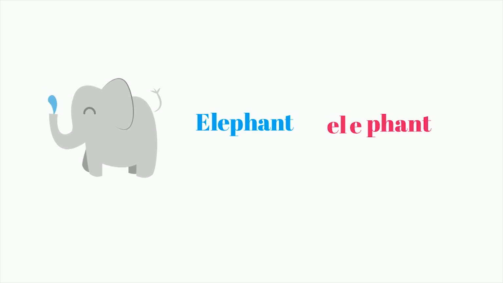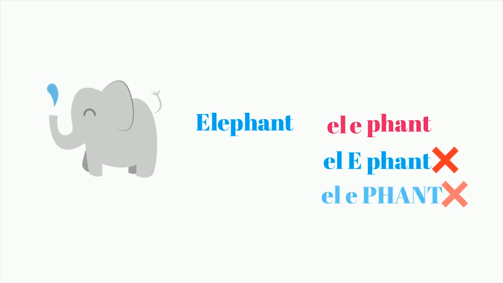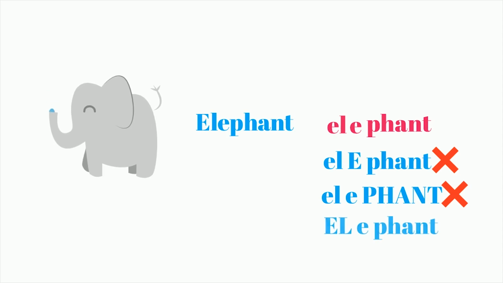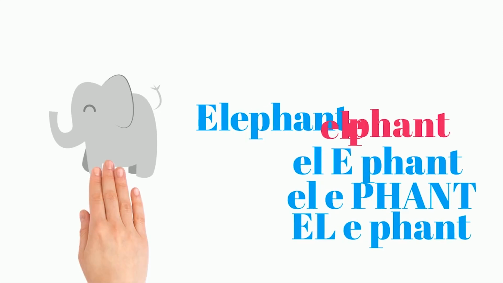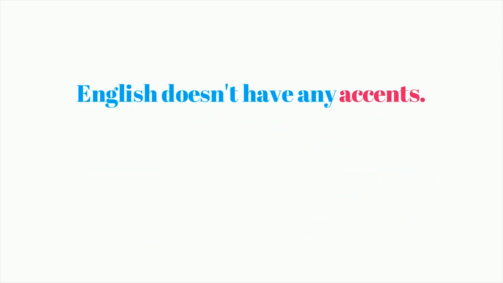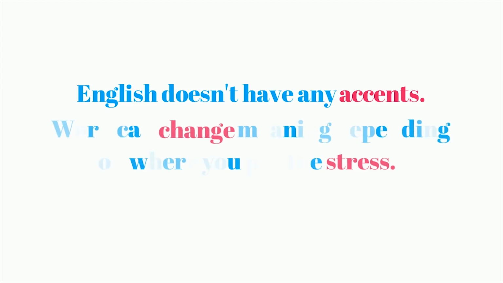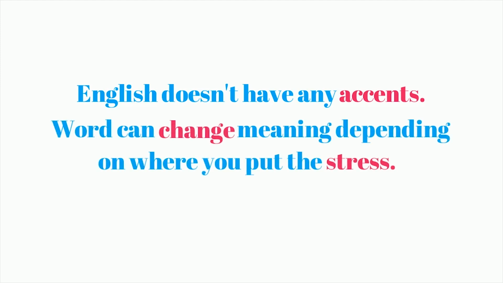Listen again. Elephant. Elephant. It would be incorrect to say elephant or elephant. The correct pronunciation is elephant, with the stress on the first syllable. Some languages, like Spanish, use accents to show stress, but English doesn't have any accents, unfortunately. Stress is very important when speaking in English because a word can change its meaning depending on where you put